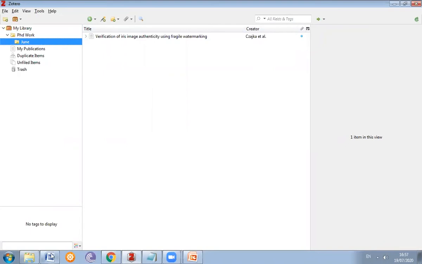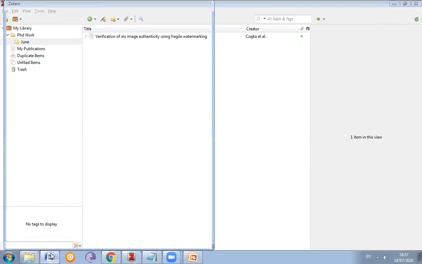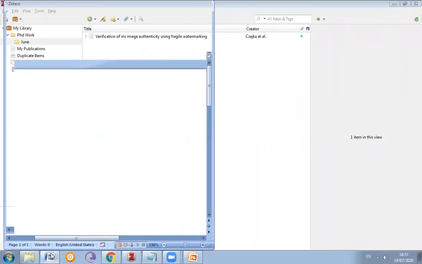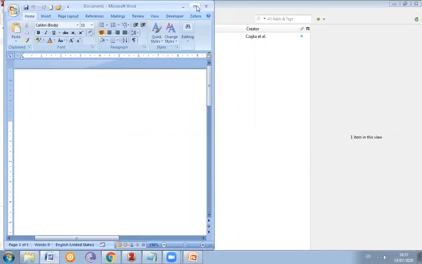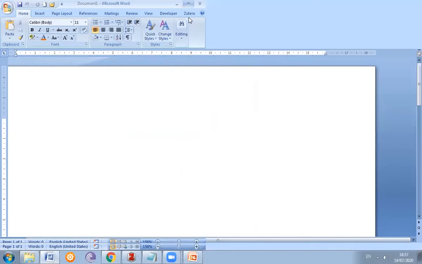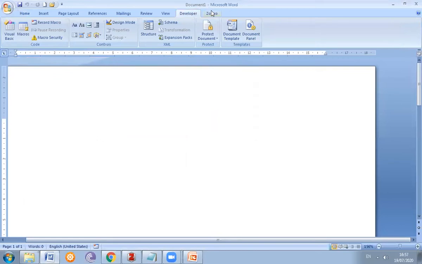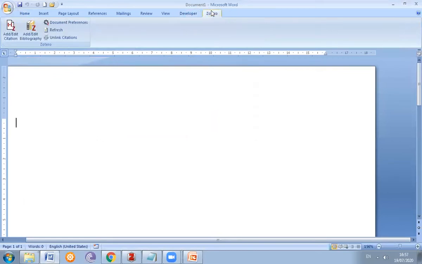Now we need to open our Word because we want to deal with Word. Here we can deal with Open Office also, but at present we have the Windows 7 operating system. So we install Windows based Microsoft Office Word, and after opening it, you can see that one menu is available: Zotero. When we install Zotero, after that this is integrated in Word also.